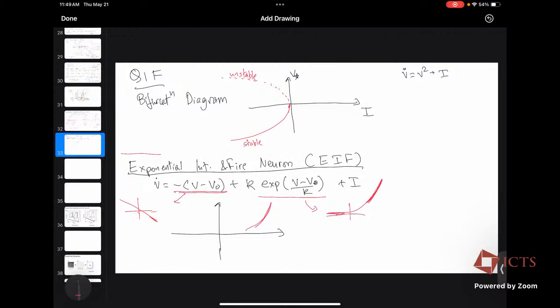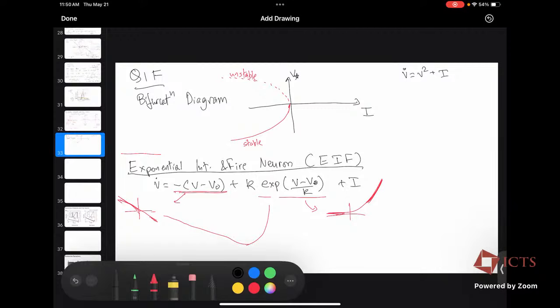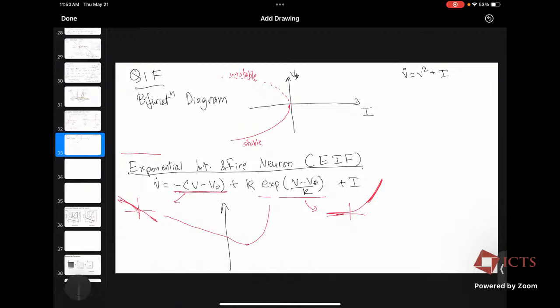But here my linear function is now going to dominate. And so I know my function must look something like exponential on the right side, but something like this linear model on the left side, right? So let me try to draw it a little bit nicer. I basically have something that will look exponential on one side, but linear on the other. So I'll have something that looks like this. And this is once again in my v dot